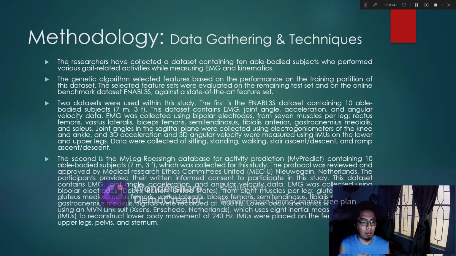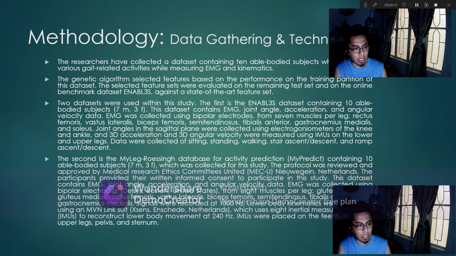The second one is MyLeg Rosing Database for Activity Prediction, or called MyPredict, containing 10 able-bodied subjects as well, which was collected for this study. The protocol was reviewed and approved by the Medical Research Ethics Committee, or METC, in Nijmegen, Netherlands. Participants provided written informed consent to participate in the study. So the data set contains